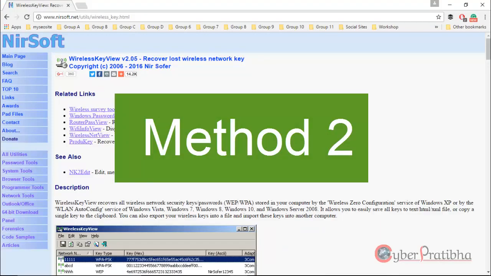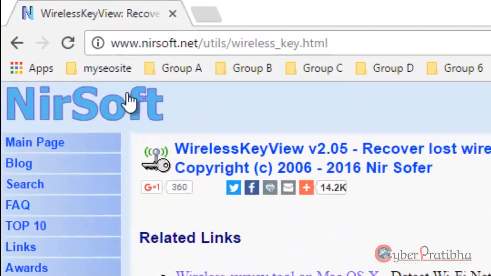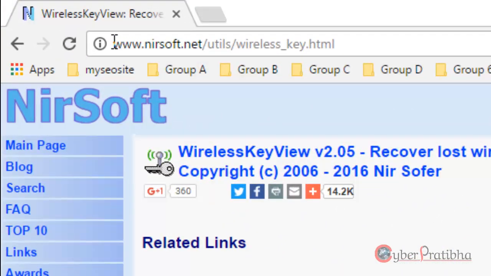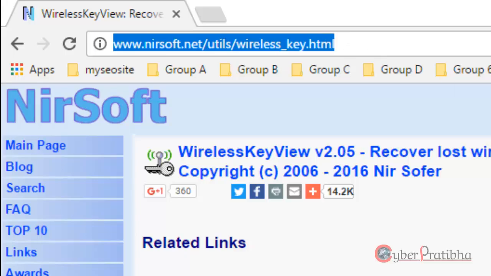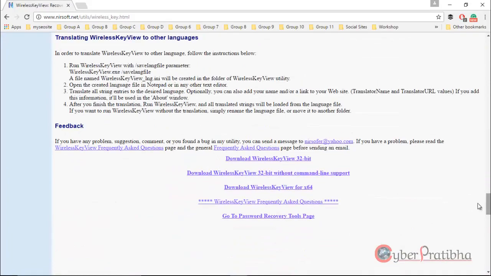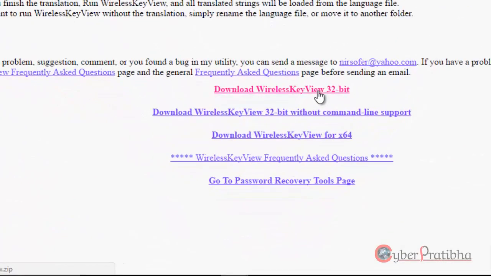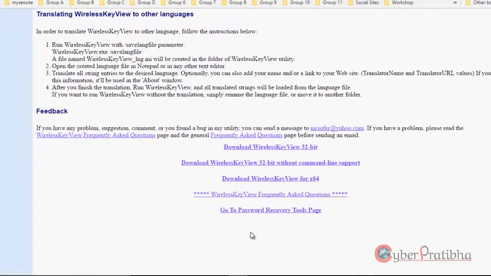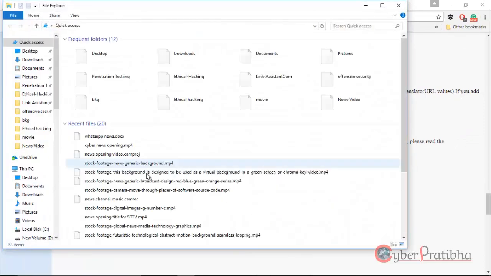Another method: go to this link, and at the bottom of the page, if you have a 32-bit operating system, download the 32-bit version from here, and if you have a 64-bit operating system, click there, and you will find WirelessKeyView. After downloading WirelessKeyView, extract the file.